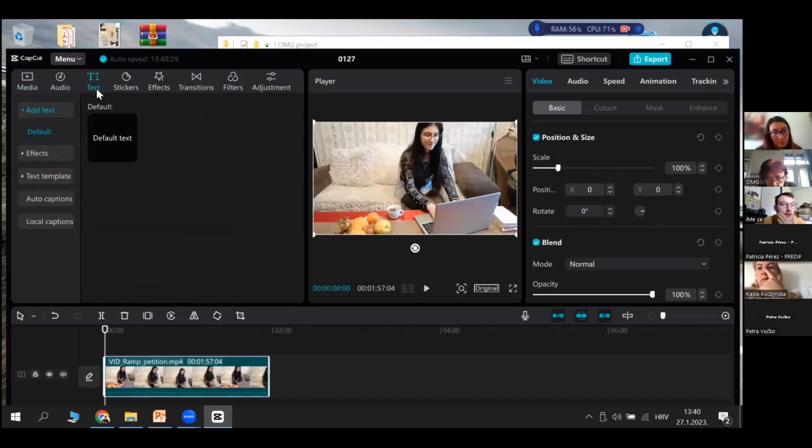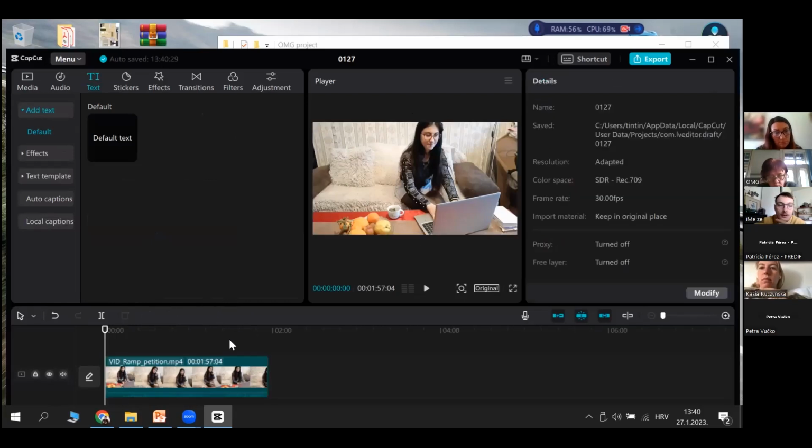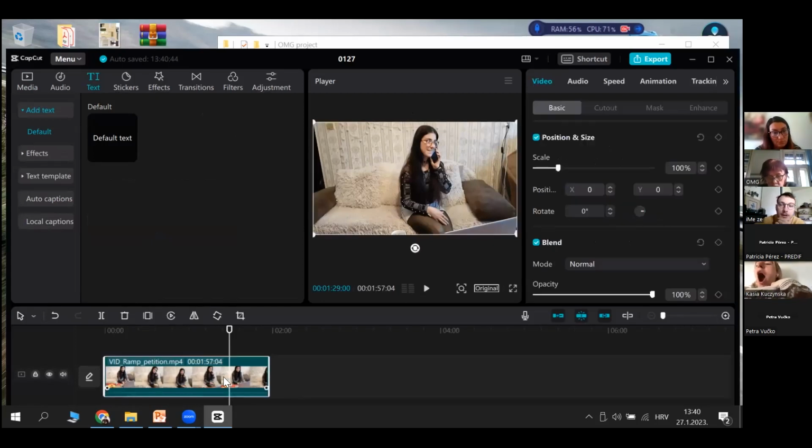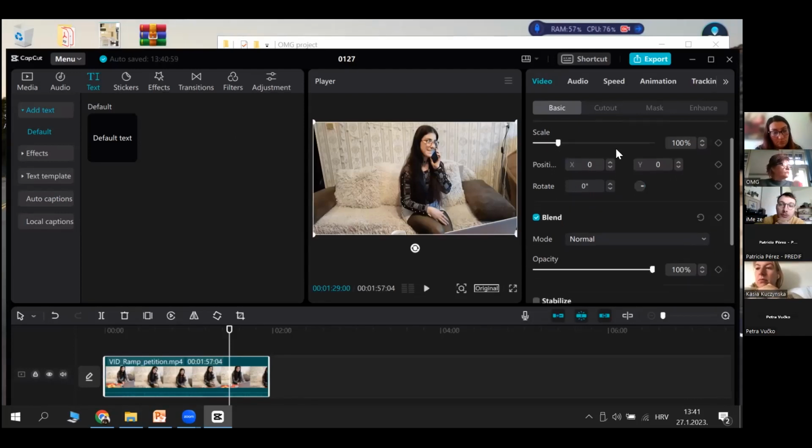So basically, each of these windows has its own purpose. As I've said, this is your timeline. All of your clips, video, audio, everything is going to be down here in little different chunks. Here you can shorten them, widen them, doesn't matter. Here you have your editing effects about the clips. So basically, if you only want to change something about this one little clip, you have everything you need right here. If you want to move it, zoom it,